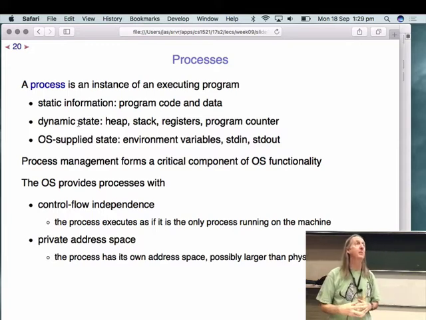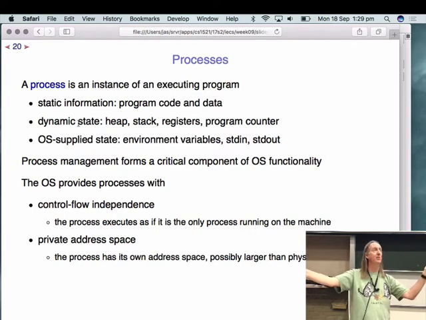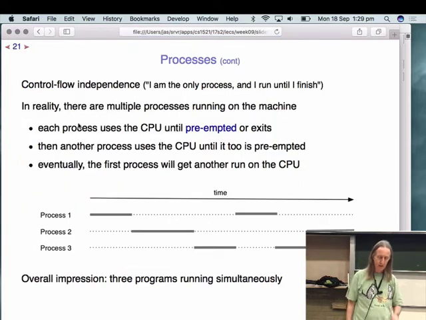Similarly, we've already seen virtual memory provides each process with a view of the memory space from 0 to n-1 pages. That's what it sees, that's what it manipulates. But we know that the reality underneath is that these pages are all over the place. Some of them aren't even loaded in memory at any particular point in time. So this notion of control flow independence